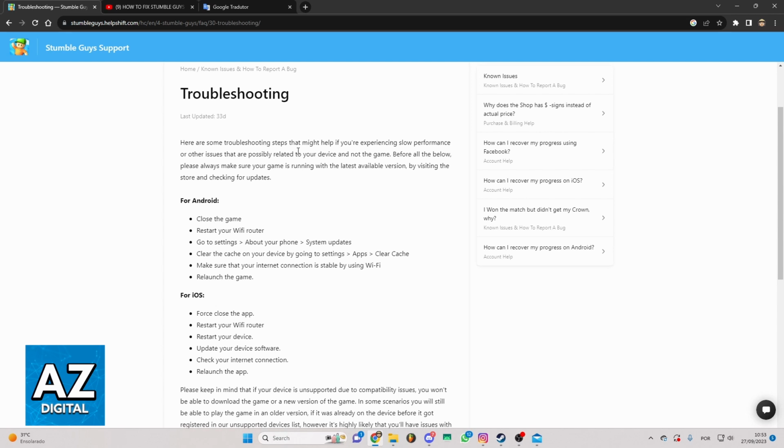You can see this troubleshooting page, and they are saying that the problem is related to your device and not to the game. So, first of all, if you have an Android, you can close the game first and